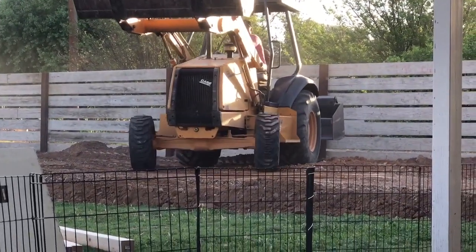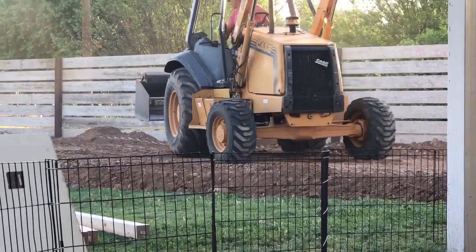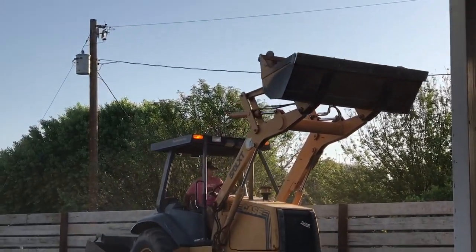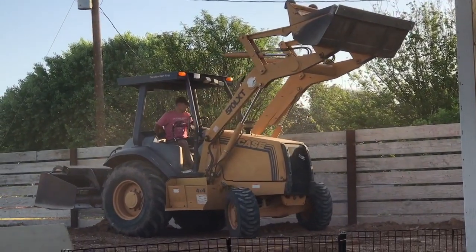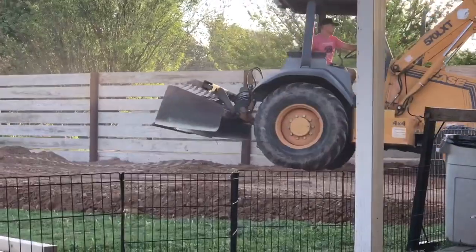Look at that grading in action. Look how nice it looks with those posts removed. He's able to slope it down beautifully. Way to go, Bob. Tractor Bob. All right, while Bob is doing that,